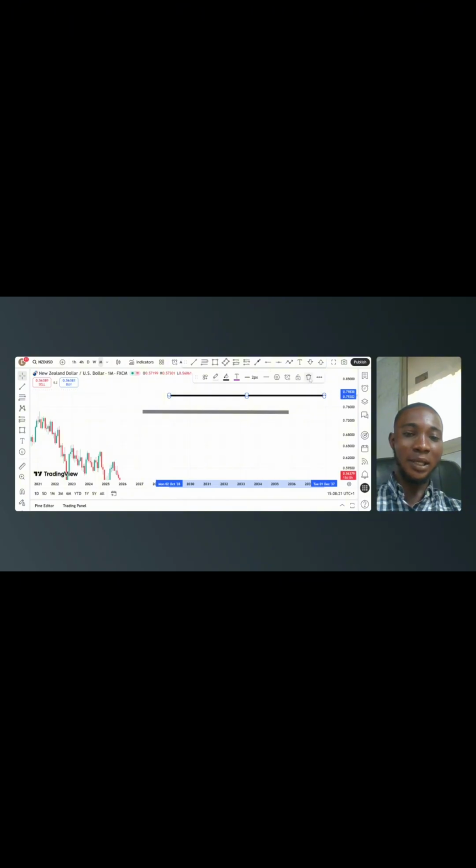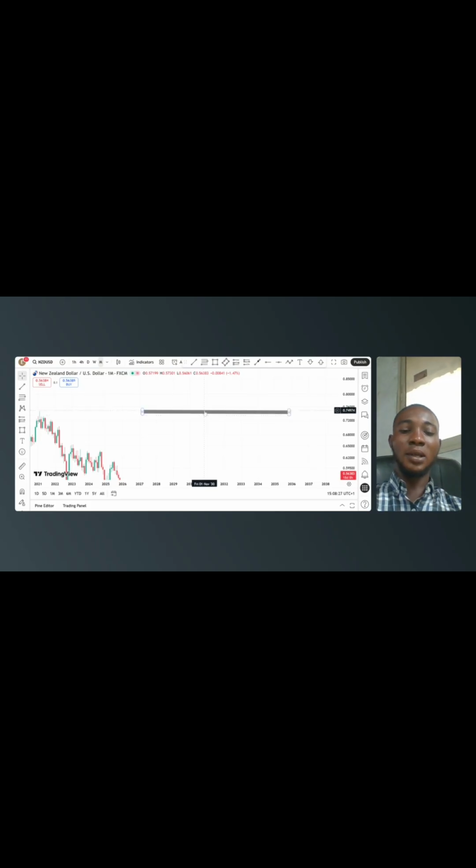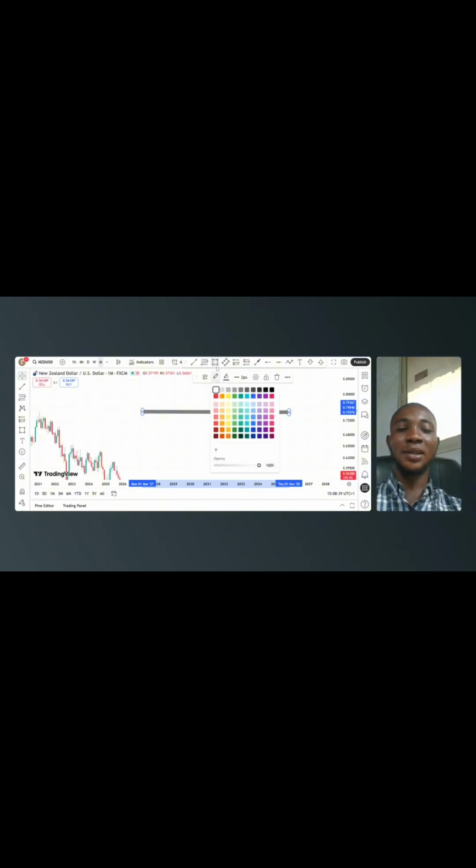So that is that for the rectangle, and we plot our major levels on the higher time frame. So this is for the minor level. That is what we use the rotated rectangle for. So for you to get this particular settings, click on it. You don't need to go to settings, it's just color. The line color should be the same white as the rotated rectangle, and the thickness should be the same